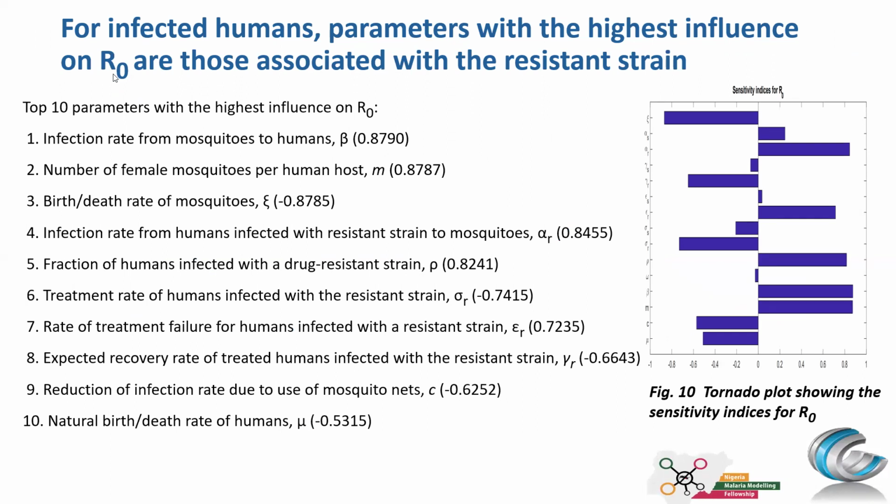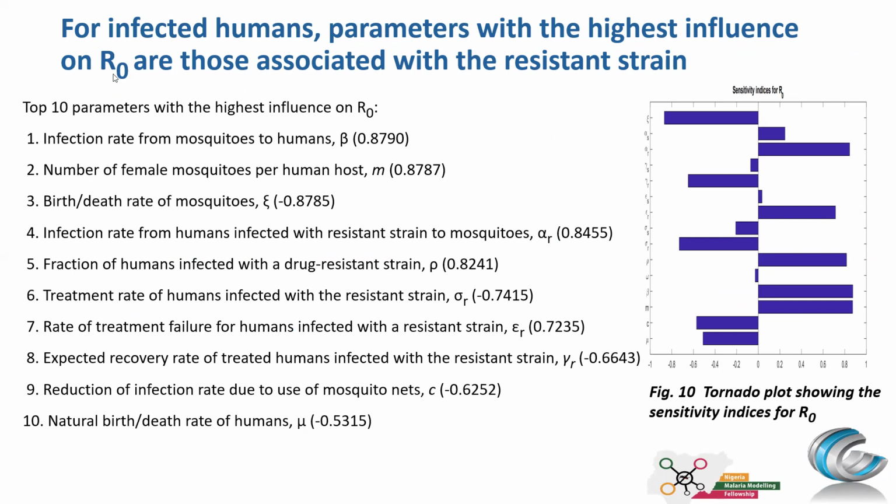Then here we are seeing the results of the sensitivity analysis for the parameters. This shows the parameters that have the highest influence on the basic reproduction number. So generally, we can see that for the infected human population, it is the parameters that are associated with the resistant strain that have higher influence on the basic reproduction number compared with the sensitive strain. So for this model now,